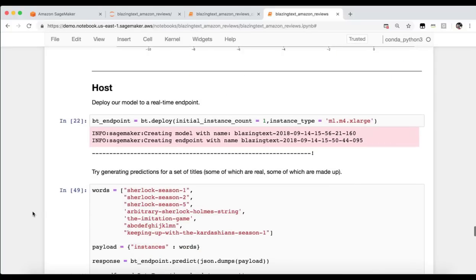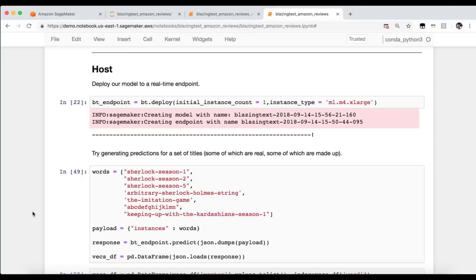Now that we're confident that we like our model, we can go to the hosting side. So we can deploy our model to a real-time production endpoint. We can do that very simply by just taking the estimator that we fit and running .deploy and defining which hardware. Notice again, the important part here is we're actually deploying to a CPU instance, even though we trained with